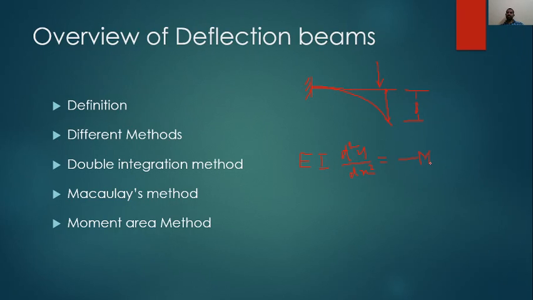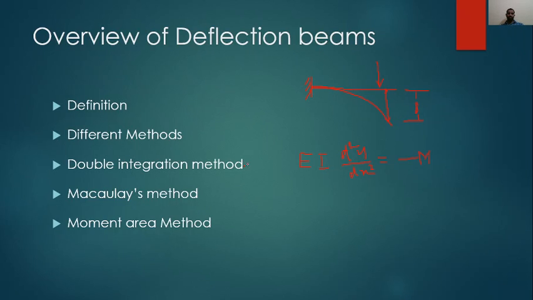Thereby we'll get integration constant c1. Similarly, again we are going to integrate, then we'll get another constant c2, and the process is to eliminate both integration constants c1 and c2 by applying boundary conditions. Those are nothing but the values of known deflection or known slope, and thereby we'll have c1 and c2 values, so that we are ready with the slope and deflection equations. If you substitute an x value, then at that particular point we are going to get deflection as well as slope.